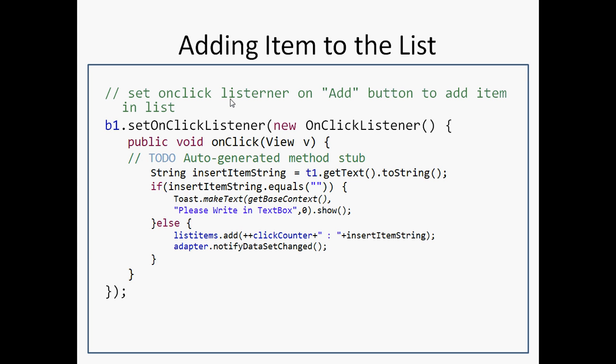Here list items is a type of array list, as you know. There is one method to add any item to the array list, that is the add method. So here list items dot add, you are passing the typed string from the user as a parameter. This will add these things to the array list. Now the sequence is just like that.